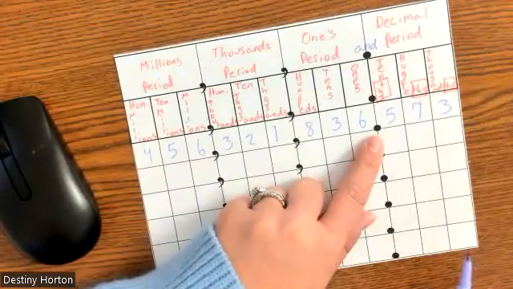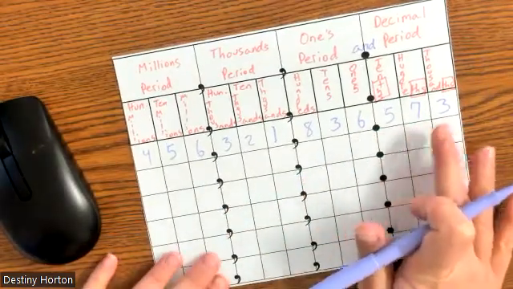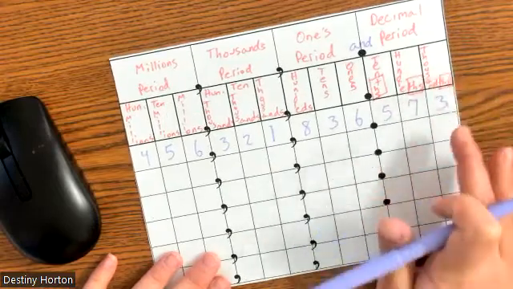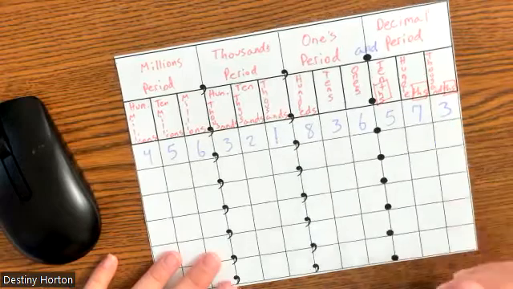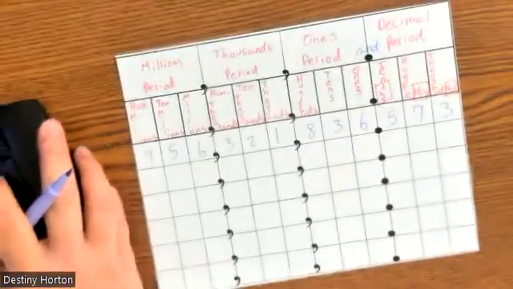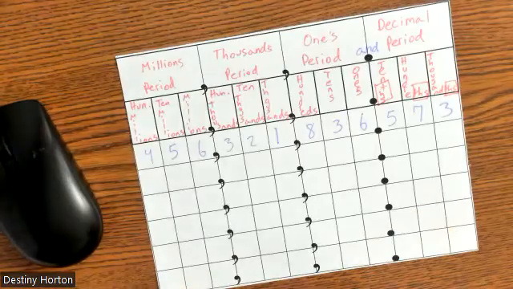And then when we get to the decimal, we say and. We have to say and for the decimal. So and 573 thousandths. We're always going to say the place name of the last digit in the number. So let's try another one. I'm gonna do